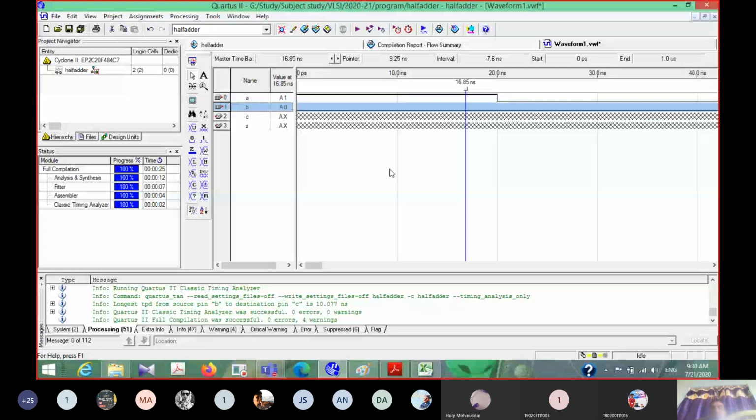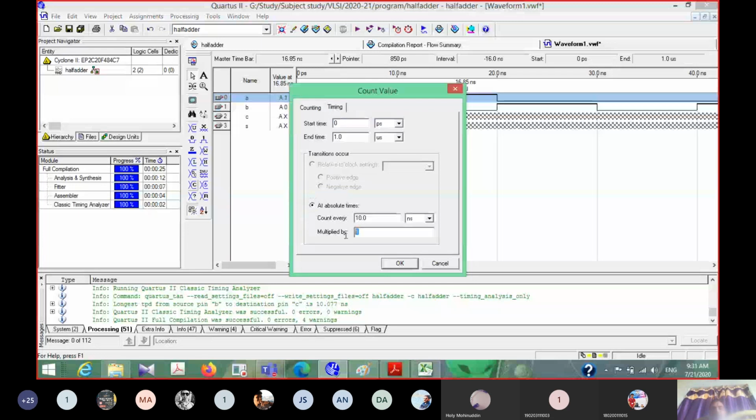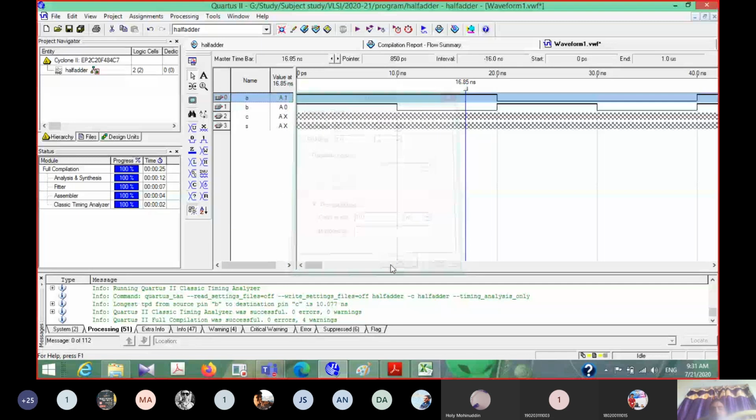Now, up to the end of simulation, if you give the input 1, or if you want to give 0, 0, and some patterns, then click on the count and it generates 0, 0, 0 patterns. Similarly for A, if you want to give an input with half the frequency, click on the count, go to timing and divide by 2. The time period is multiplied by 2, so the frequency is divided by 2. So here we can see 2 times 1, 2 times 0, like that.